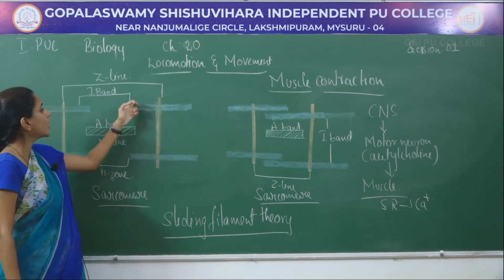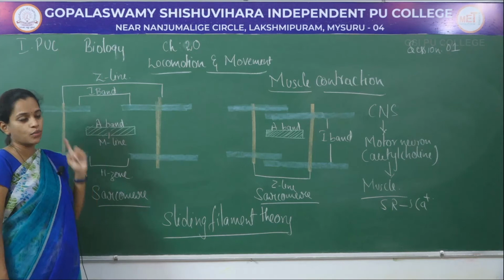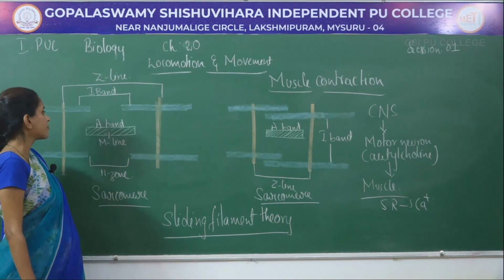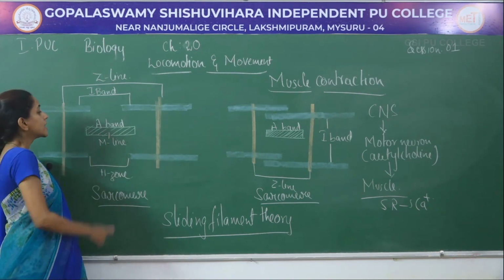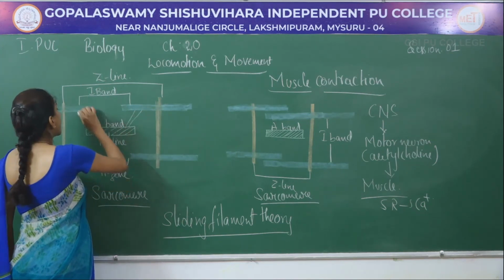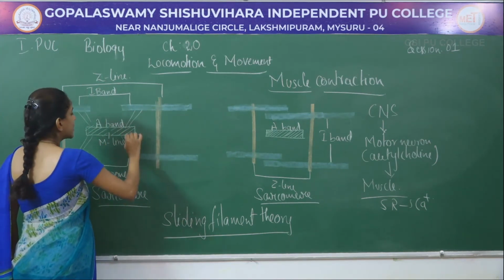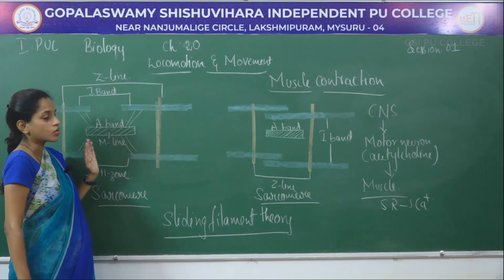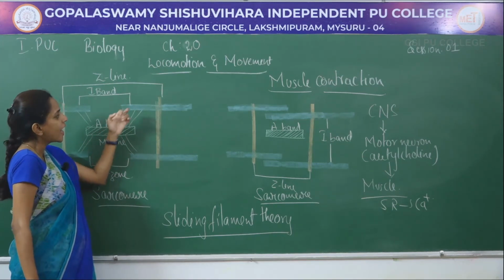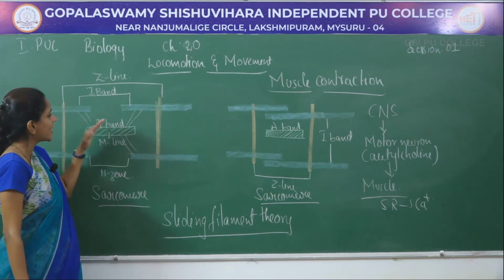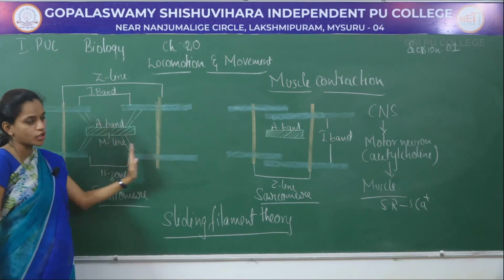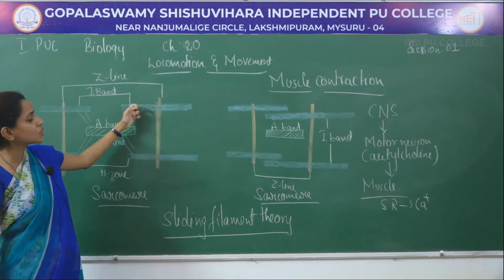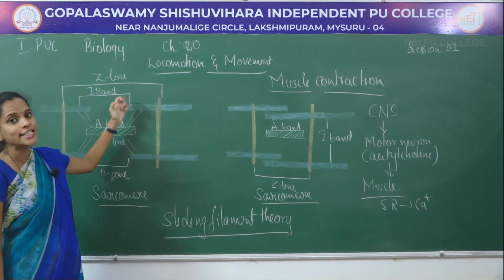Now if you see this sarcomere, it has two Z lines which I have drawn in orange, and blue lines represent the I band which contains actin molecules, and the green band or A band represents the myosin molecules. During contraction, the myosin will go and bind to the actin molecules on all four sides, two up and two down. The myosin head goes and attaches to the actin molecules. That means the myosin head's actin binding site attaches to the active site of the G actin.